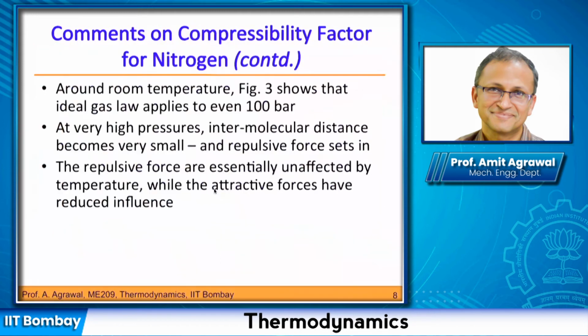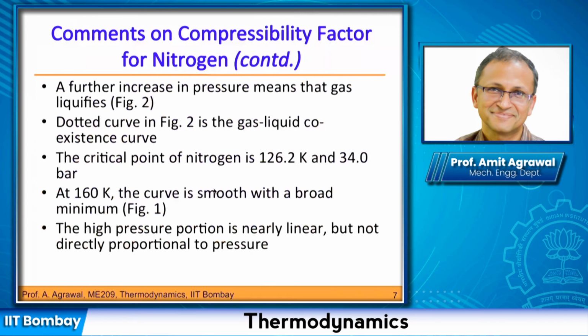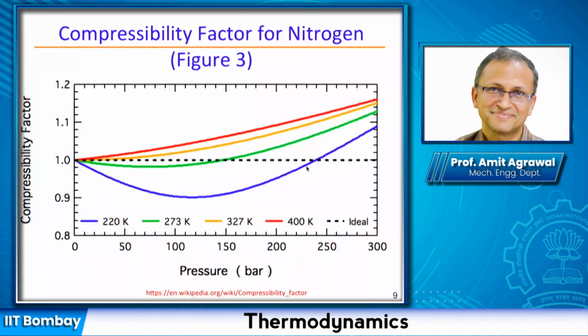And how do we know that? We know that because we have said that the critical temperature for nitrogen is 126.2 Kelvin. So all these temperatures that you see are almost double the critical temperature, the temperature at the critical point. What you see very interestingly here is that at these higher temperatures, again over a large range of pressure values, the compressibility factor is close to unity. Of course it is not exactly 1, but it is quite close to 1.